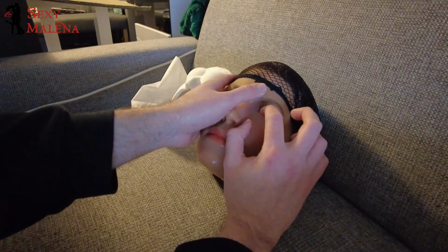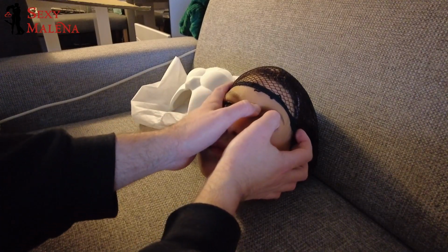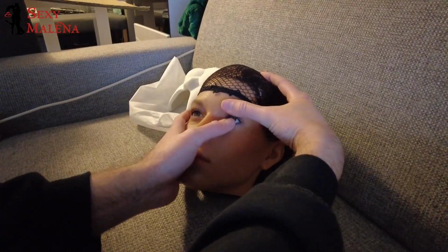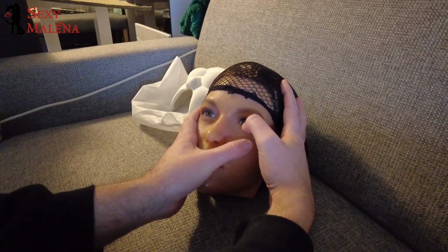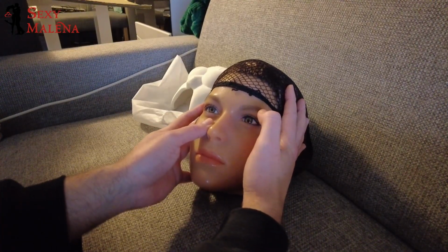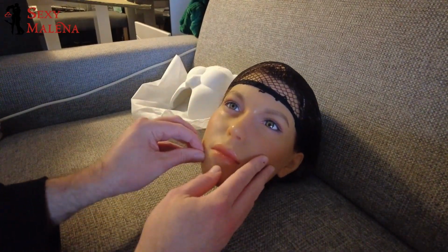It's very cold outside right now, and it's very difficult for me to pop her eye back. It's only getting worse now, so it seems. This is a very weird thing to do. There we go. That's a little bit better. To just get a little bit more grip. And then also her eyelashes seem to be implanted, and this also seems to be implanted, her eyebrows. So all things considered,